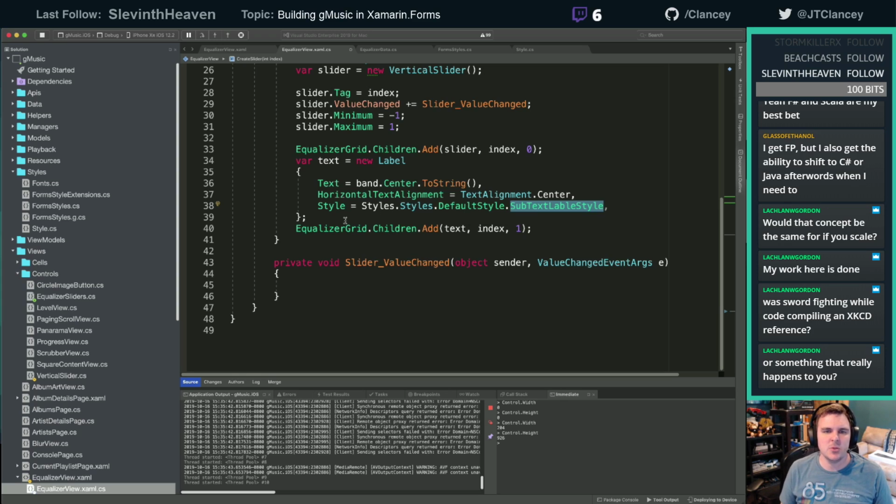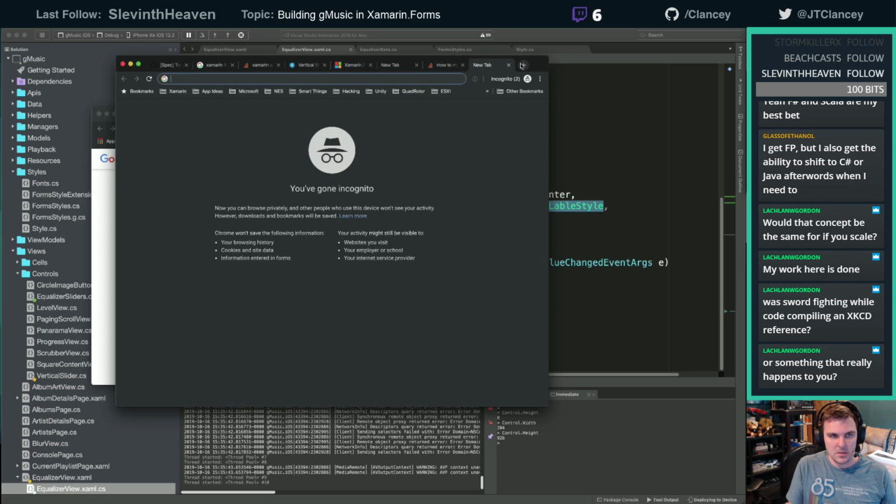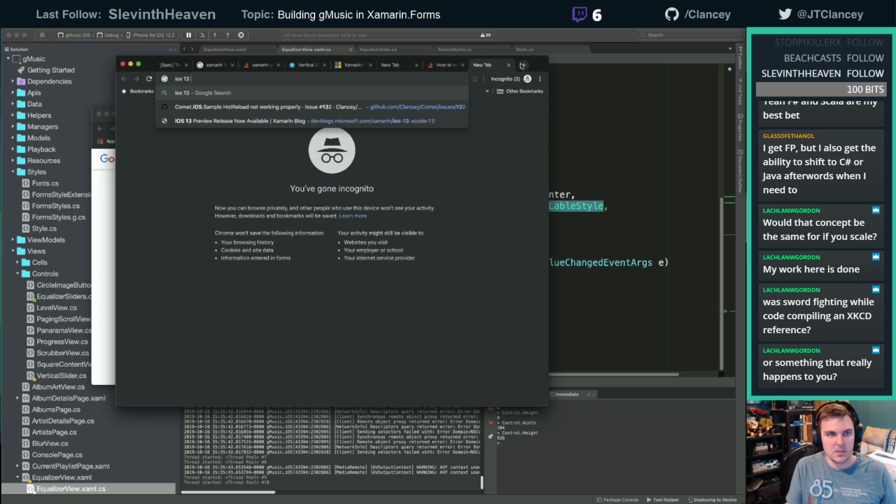The way I did it in gMusic was most times I had an extension, so I just do label.styleas, and then it would jump through this hoop of getting the current default style. And I should be able to tie into the iOS stuff and tell that default style to change based on what the OS style is. Let's just Google that really quick. iOS 13. Always throw in something like that.